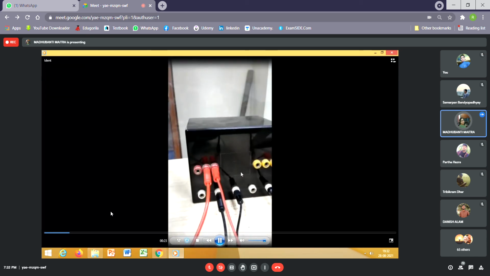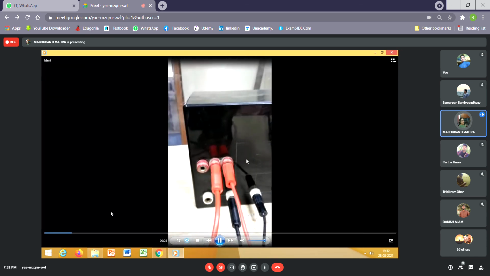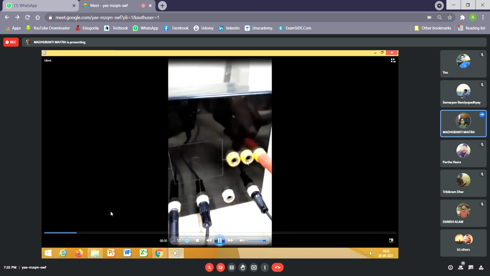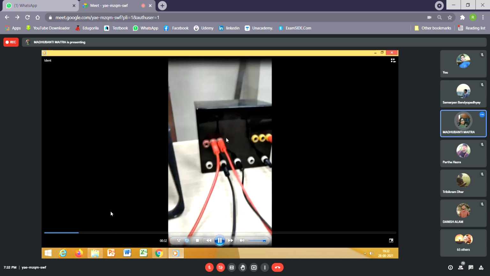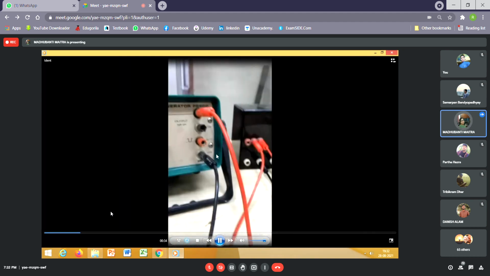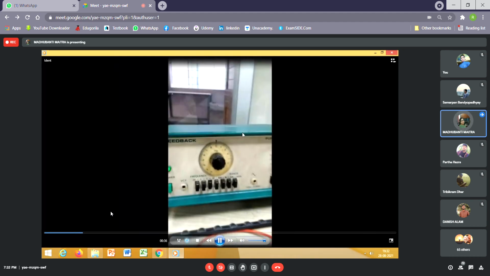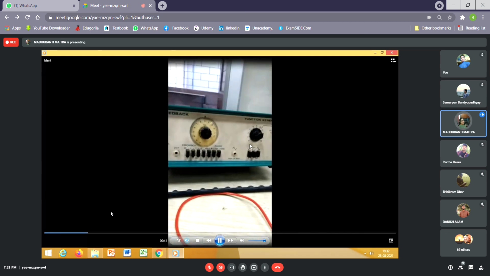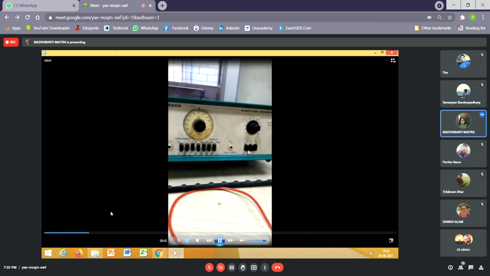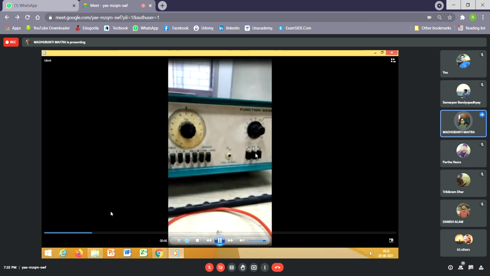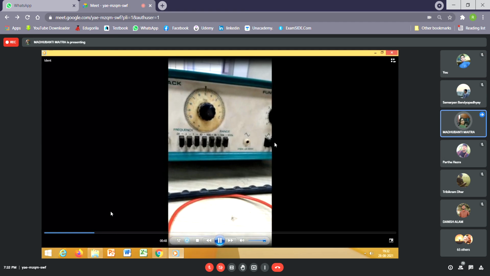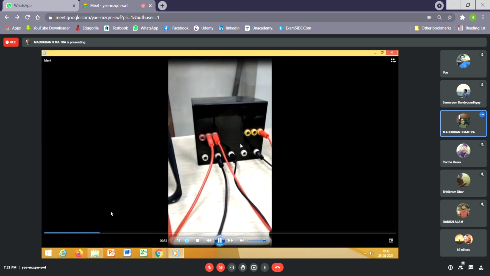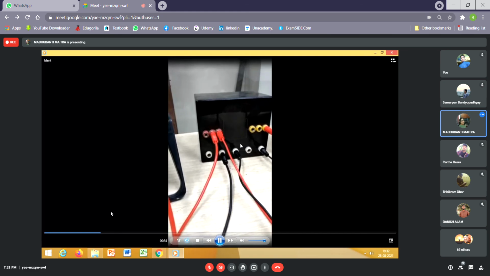This is our system. It's a black box because the system is unknown. These two are the input terminals, ground points, and these are the output terminals. The black box is our linear system, and this is the frequency oscillator. With the help of this oscillator, we can generate a triangular wave, rectangular pulse, as well as a sinusoidal waveform. So this is the system.